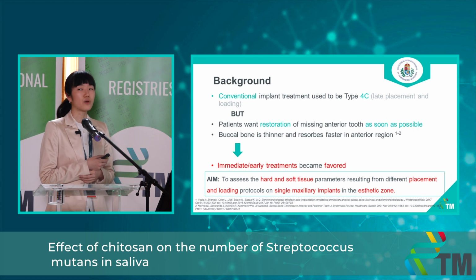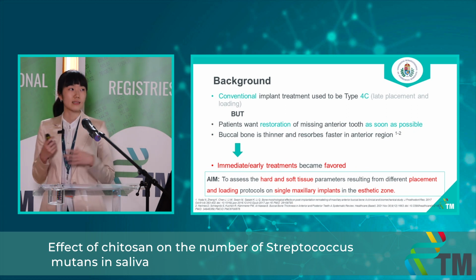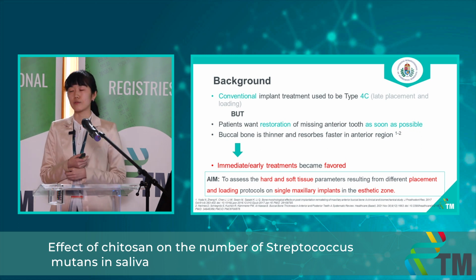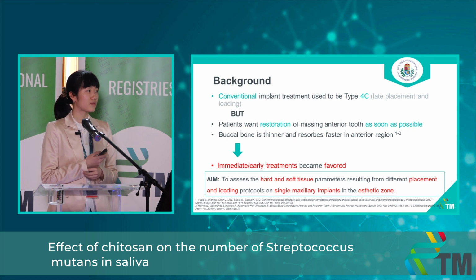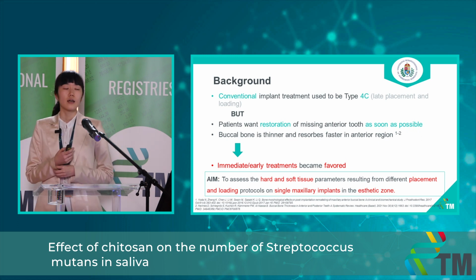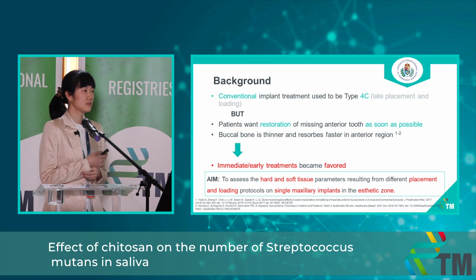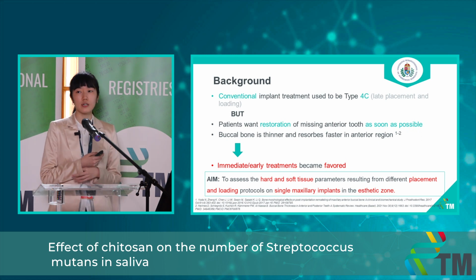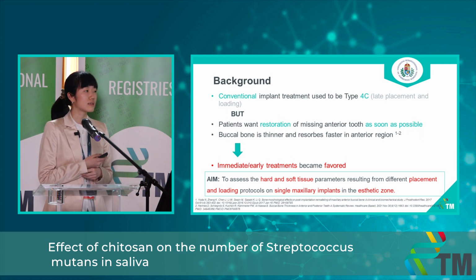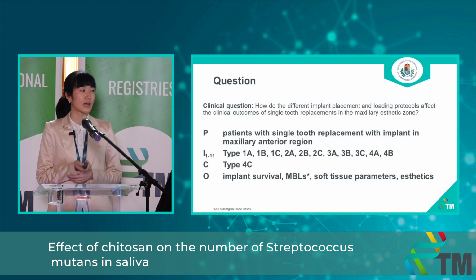Conventionally, the type 4C, or late placement and late loading, was followed, but understandably patients preferred the restoration of anterior teeth as soon as possible, and also the buccal bone is thinner and resorbs faster here, that make immediate treatments become more favored. Unfortunately, the current literature does not rank these procedures in terms of hard and soft tissue outcomes, so we would like to investigate that, and we would like to compare all of the protocols within a network